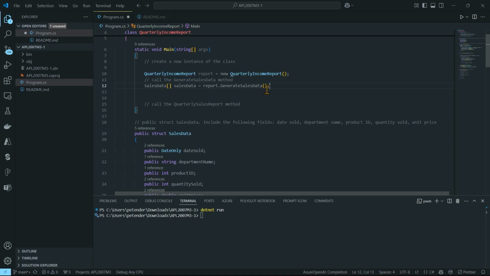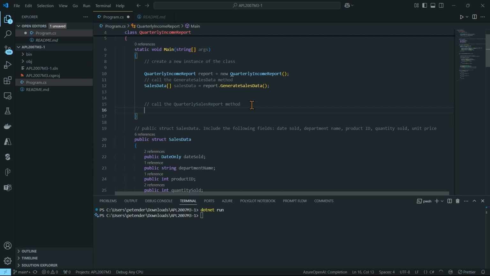I'm just going to add a new line behind it, using the enter key, and it's adding the required code after that. Same for the quarterly sales method. I'm just going to move to the next line, and it's completing report quarterly sales report. I'm going to save my changes, which means if I'm now running it,